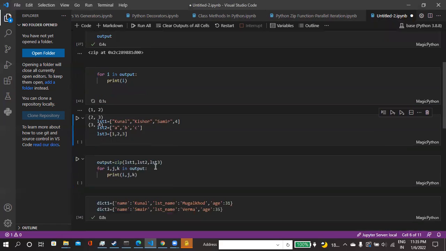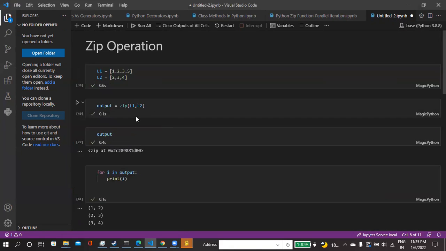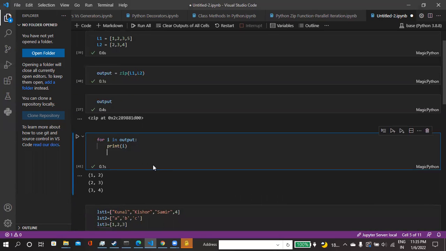No, it will not give an error, but the fifth tuple will not be generated because the corresponding index is not present in L2. That's why you can see that particular tuple is not created.